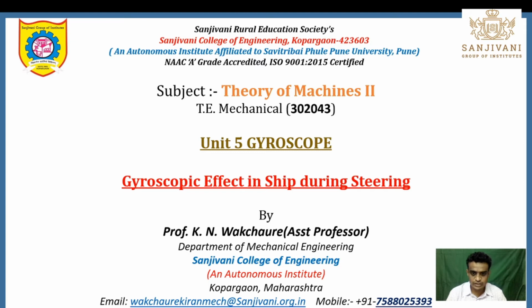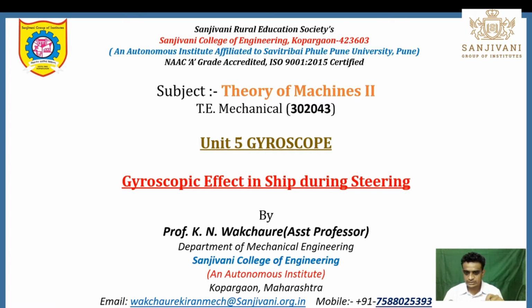In today's session, we are going to study the effect of the gyroscopic couple on the ship during its steering. As we know, a ship also consists of some rotary parts. If we consider its engine, the engine consists of the propeller shaft, the crankshaft, the flywheel, and some gears, which add some inertia force. When the flywheel and gears rotate about their own axis, they try to remain rotating in the same plane of spinning.